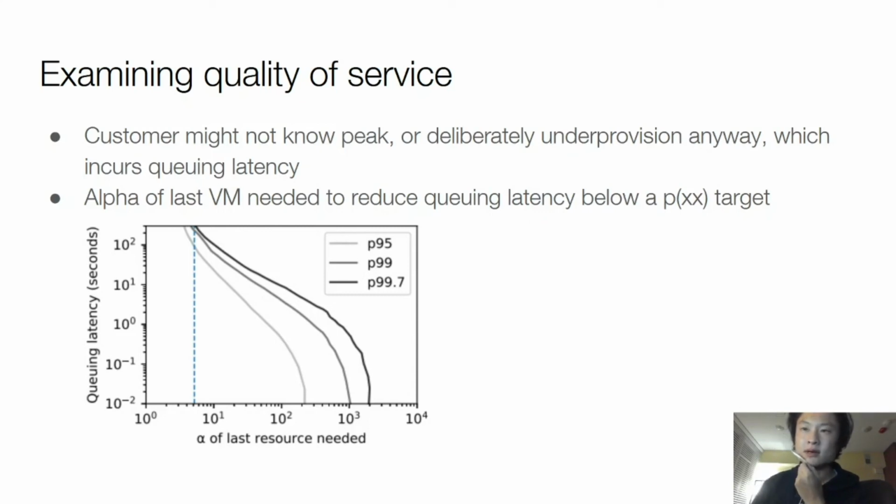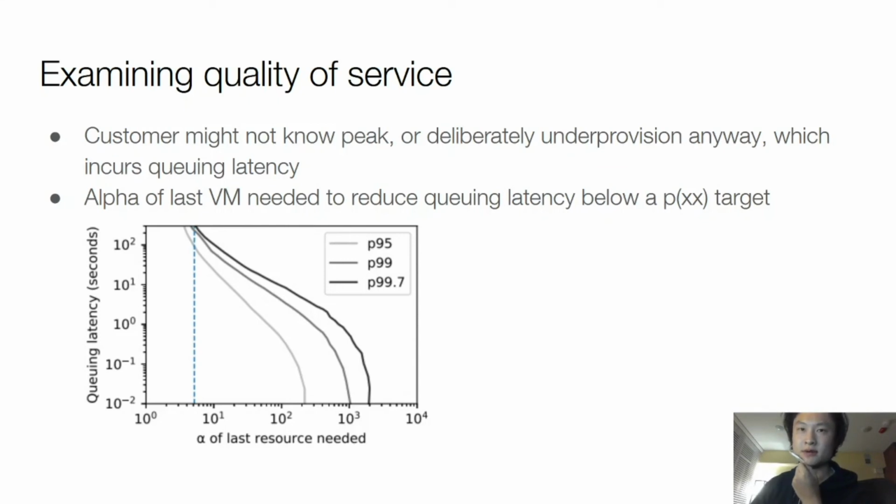Now, in this scenario, they could still have provisioned more resources, and that would have improved their quality of service. But each additional resource they provision is of less marginal value to the customer. So this chart shows the alpha of the last VM needed to reduce queuing latency below a percentile target. And I believe this is for the Poisson random workload